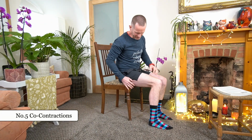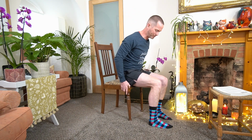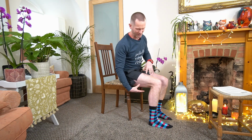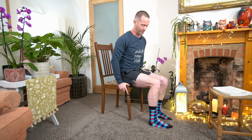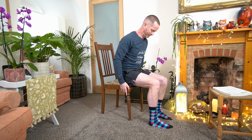Right, so if I put these out of the way, the next exercise we're going to do is a co-contraction. So let's have our bottom sat on the edge of the chair, and if you imagine that you're trying to push your foot very firmly into the floor, what you're going to do when you push down is recruit the muscle on the top and on the underside of your thigh there. So here we go. So if I push down and hold 1, 2, 3, 4, 5 and relax. So you join in at home. I push down 1, 2, 3, 4, 5 and relax. And again,